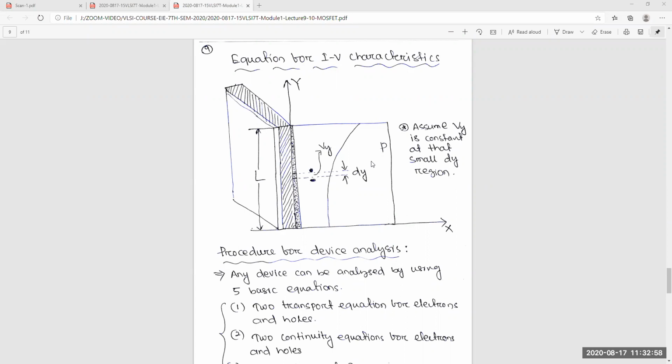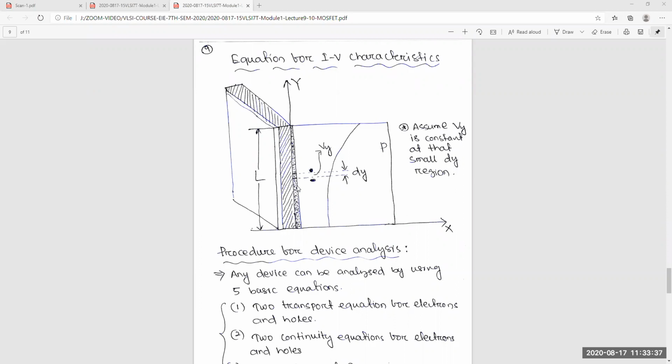Okay. So here also, why do we use transport equations? Because electrons are transporting from here to here, at this particular point. So we use that transport equation to derive our whole ID equation. In the transport equation there are two, that is electron and hole. But here we will consider only electrons, no holes. This channel is because of only electrons, so we will discard the hole part. So only one equation we will use here, the transport equation of electrons.